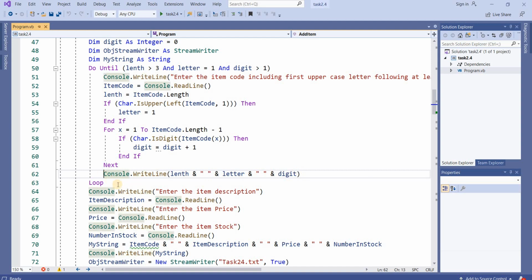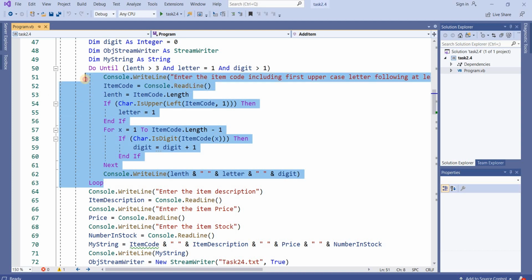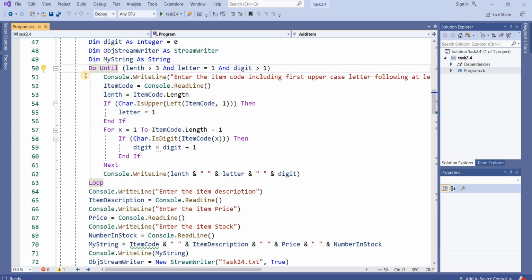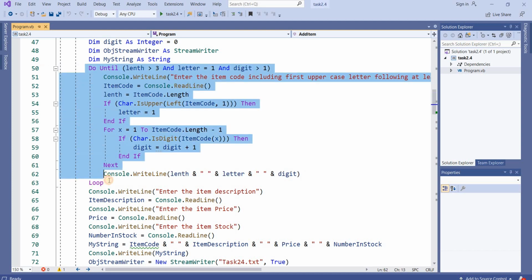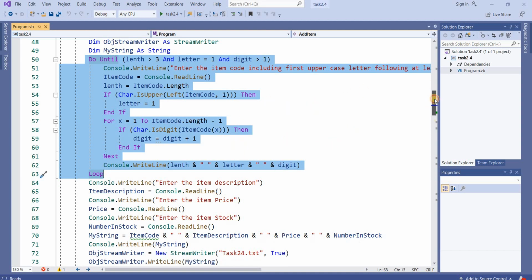If I want, I can make it a comment, and this is the loop. This is used for the validation of my string. Which type of string will come? The length should be at least 4, greater than 3, the first letter should be uppercase, and it should contain at least 2 digits. This is the format.